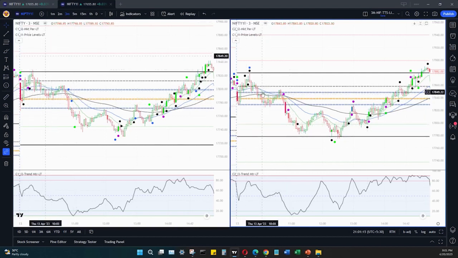However, on the futures chart, the price has gone way below all the EMAs, and the candles even closed below the daily pivot, and it's taking support at the day's low, right? So we get to see the trend meter. The trend is kind of falling. It's right in the middle. It's not bottomed out, and we could also see that